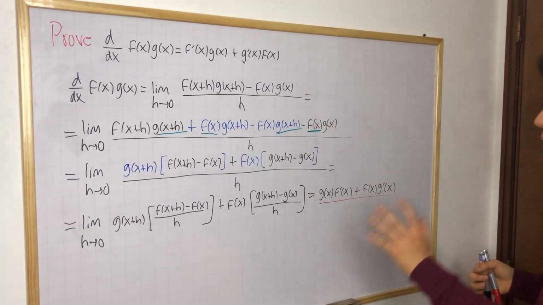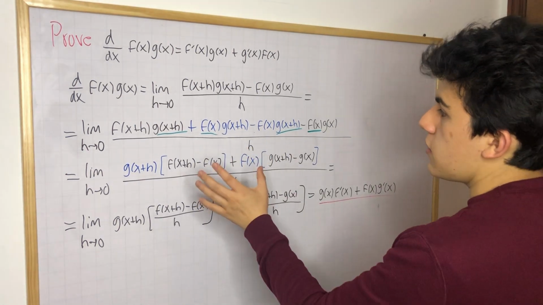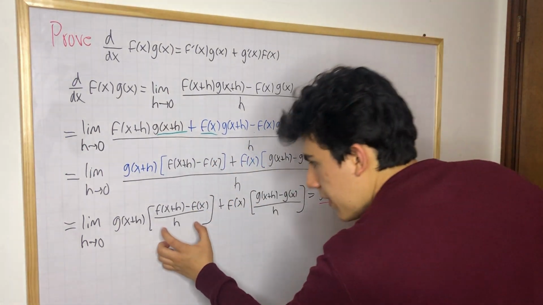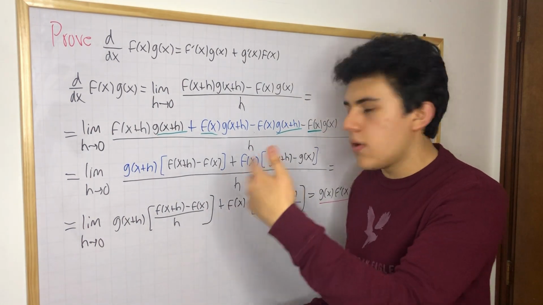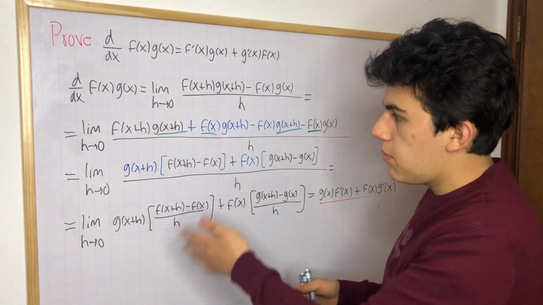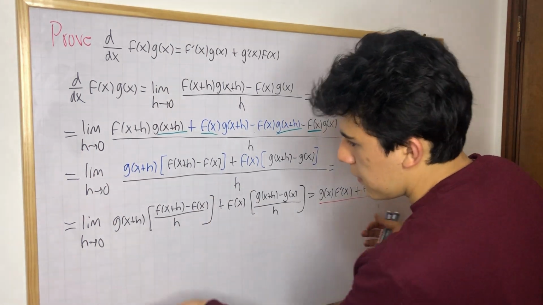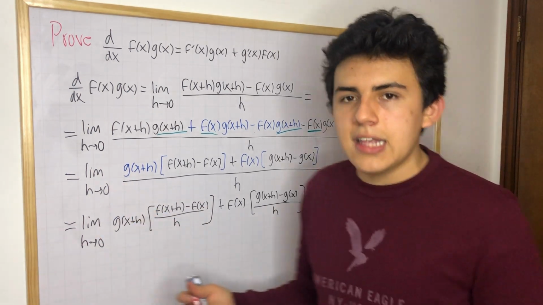The only thing that you need to be careful about is when you write these two blue terms, and when you factor out, remember that you want to create the quotients for the derivatives of f and g. And if you don't do that, you're going to screw it up because you're not going to be able to get the correct signs, okay? And you're not going to get derivatives here, but simply two terms being added,